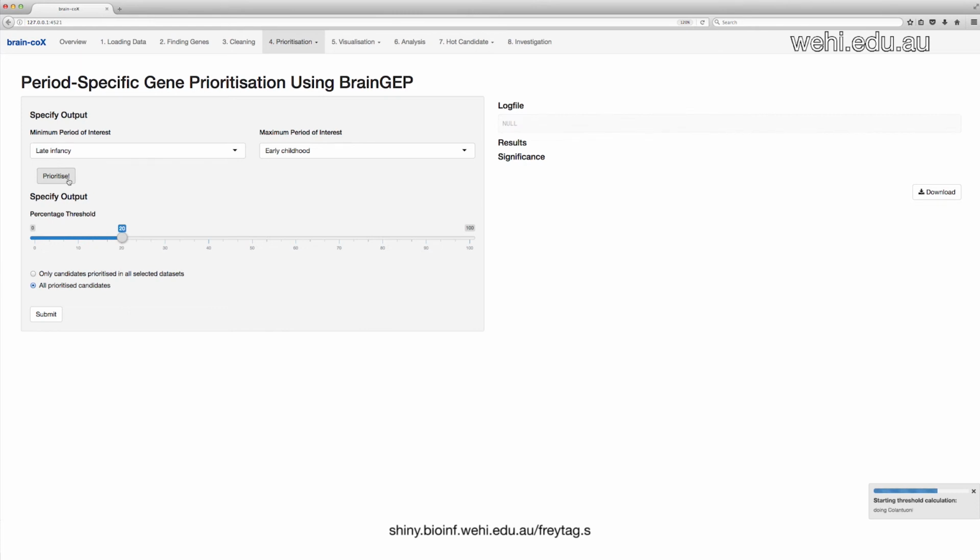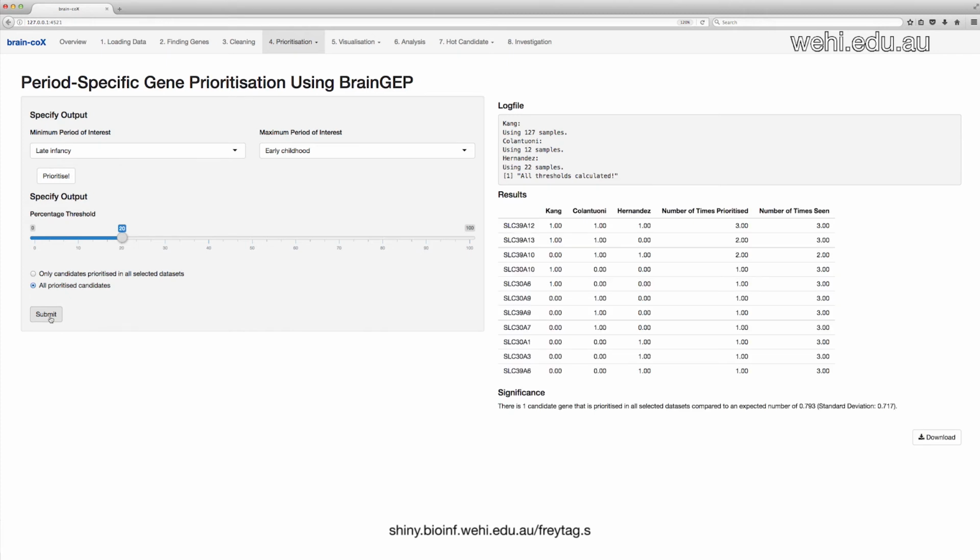After selection, press the Prioritize button. Once the tool is finished, which may take some time, you can determine the tool's output. For example, you can select a threshold which allows you to control the maximum number of falsely prioritized genes. Note that this is kind of the worst case scenario. So a threshold of 20% actually only rarely means that indeed 20% of the prioritized genes are wrong. So after pressing the Submit button, the tool